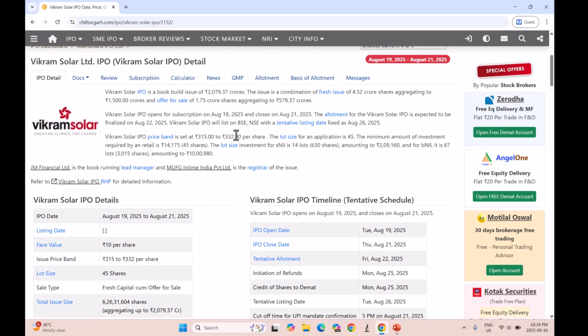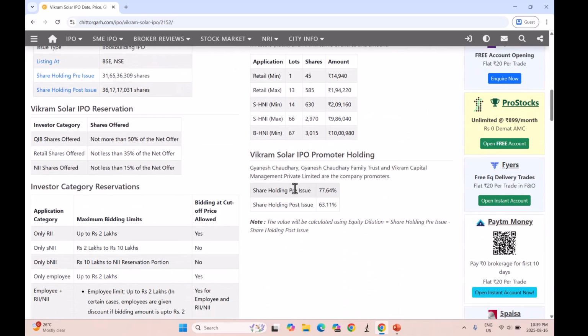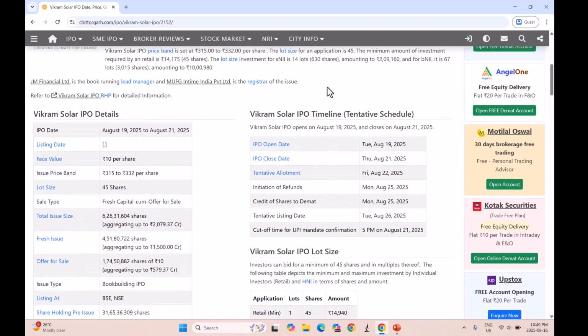In case of offer for sale, as I have discussed earlier, a few of the initial investors or the promoters of the company want to sell their shares to the public. So if there is an offer for sale, you can go down and check the shareholding pre-issue and post-issue. After the offer for sale, the shareholding pattern of the company will change. You can see in this company it will be reduced from 77% to 63%. That suggests some promoters will sell their shares. Okay, coming back,